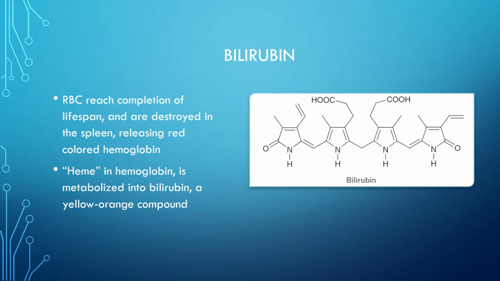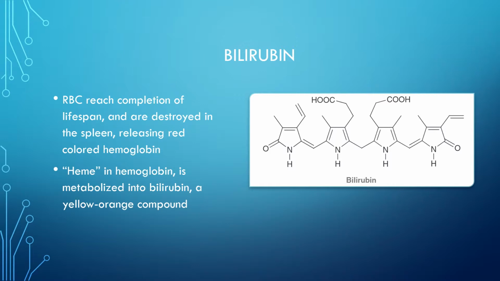So let's talk a little bit more about this compound bilirubin. Here you can see the structure of bilirubin. This is what the compound looks like. And so to go a little bit more into how bilirubin itself is created, essentially what happens is red blood cells reach the completion of their lifetime. And when that happens, they are sent to the spleen where they are destroyed and release a red colored compound known as hemoglobin. The heme part of hemoglobin is metabolized into bilirubin, which is a yellow-orange compound,